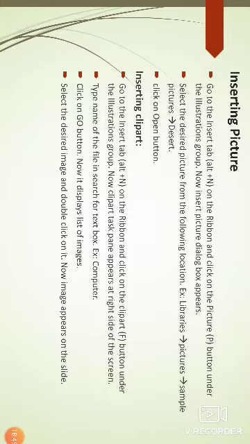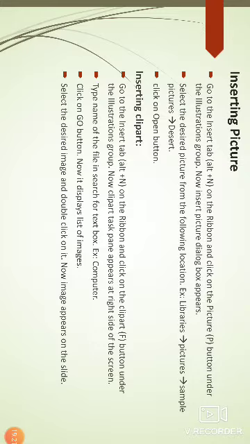Here the next process is how to insert a picture. First we have to go to the Insert tab. Alt plus N is the shortcut key for the Insert tab. Go to the Insert tab on the ribbon, and then click the Picture button under the Illustrations group. Now the Insert Picture dialog box appears.